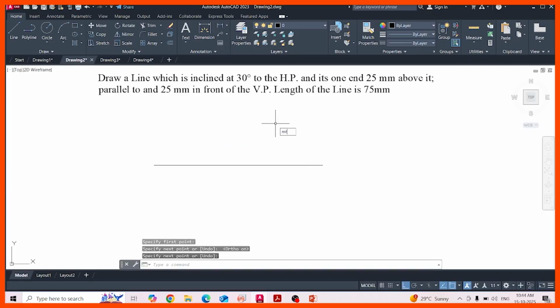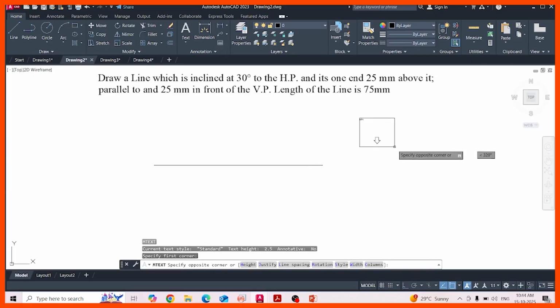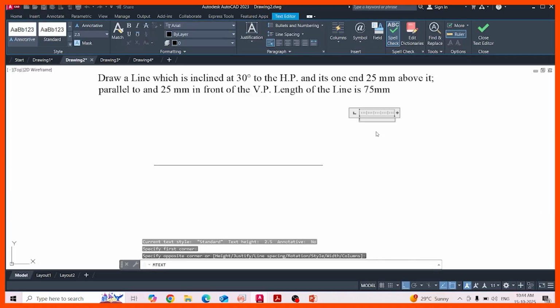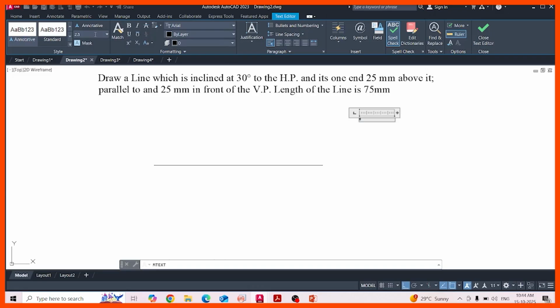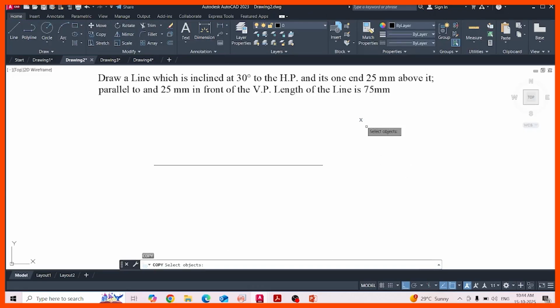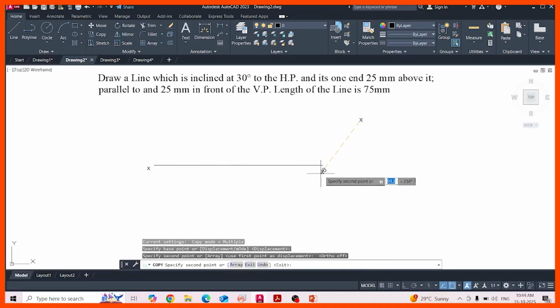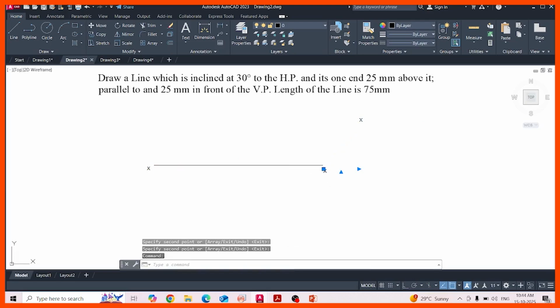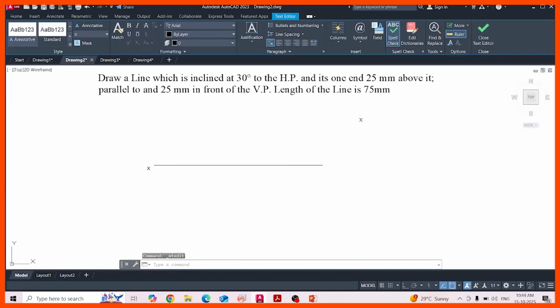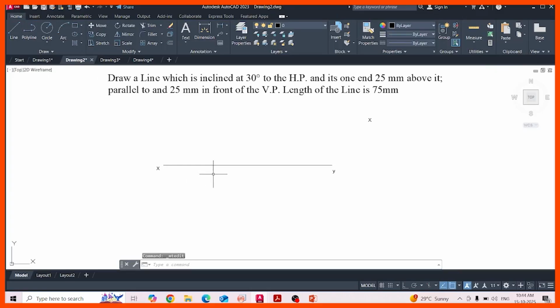Yes, type MText, enter, click on the screen, drag the mouse and take one letter. So the letter size is 5. Yes, copy this letter, take the copy command and copy this letter from here to here. This is nothing but Y. Yes, and